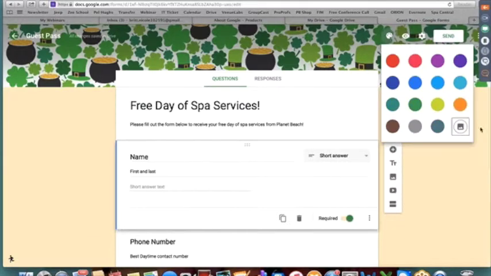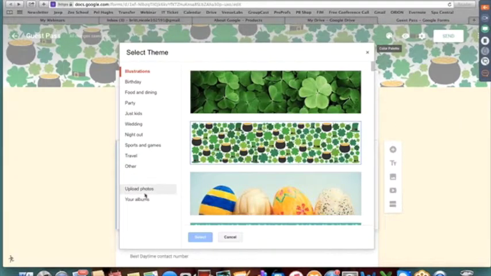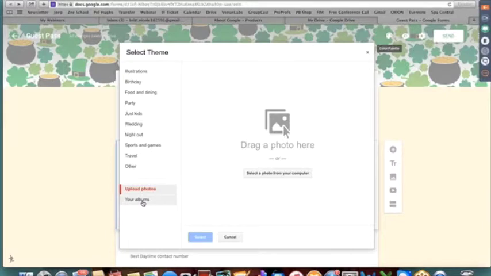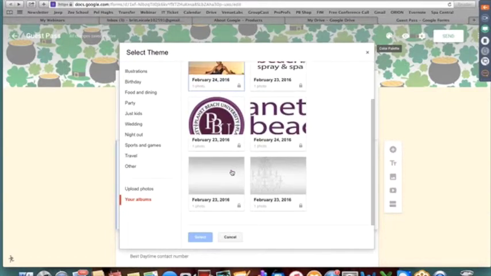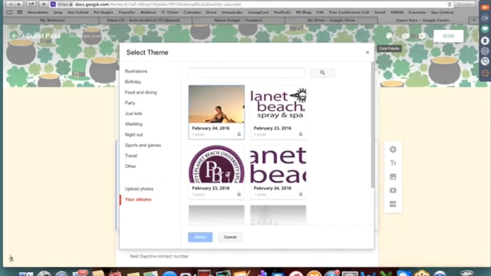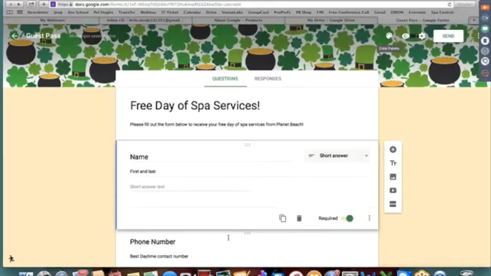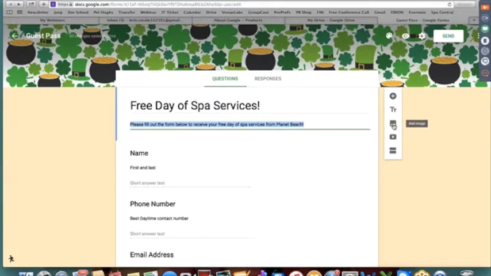You would just go to your palette and you could upload your own photo, or you could use photos that you already have uploaded, right? So you would just click on whatever photo you want and press select, and then it would customize that top header for you. Or like we just did, you can add photos directly into your form just by pressing that add image button. This would be if you wanted to add a video, and this would be if you wanted